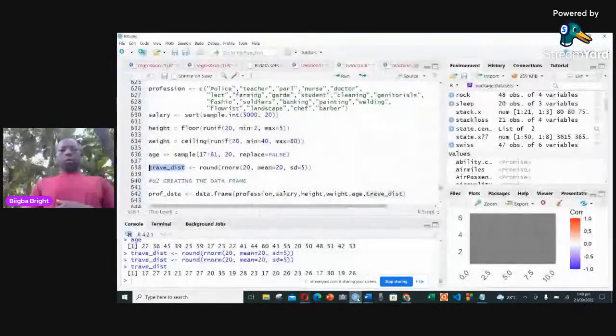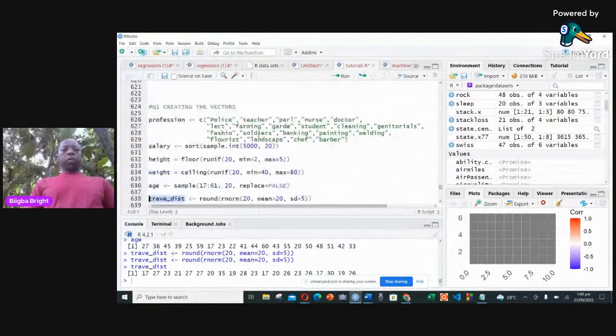But the network is back. So let me share my screen and see what I can continue from there. This is where we were, and I was just trying to explain how we are able to do it. The first question was to create some